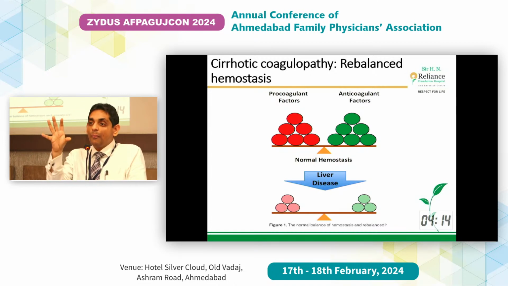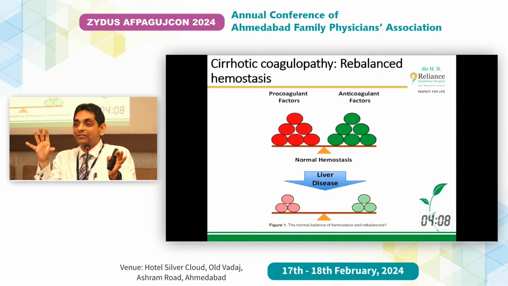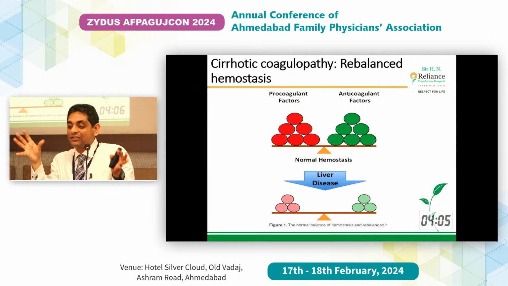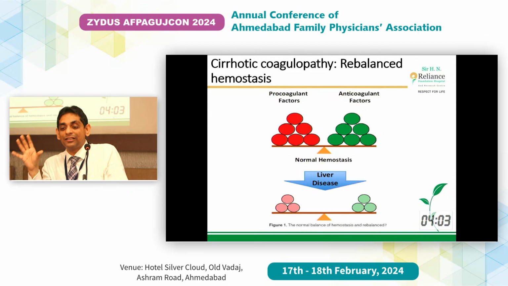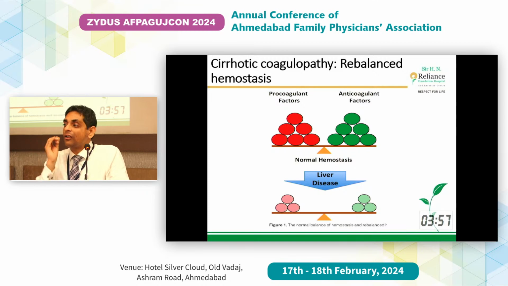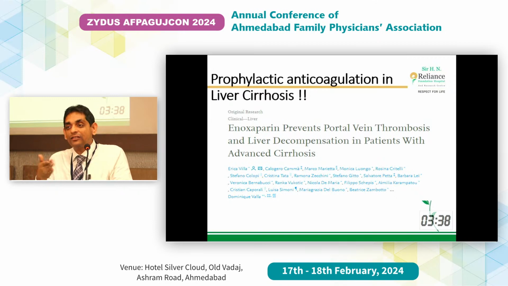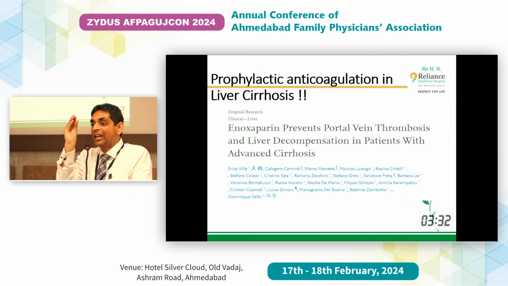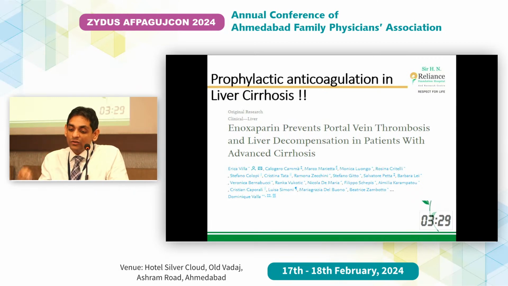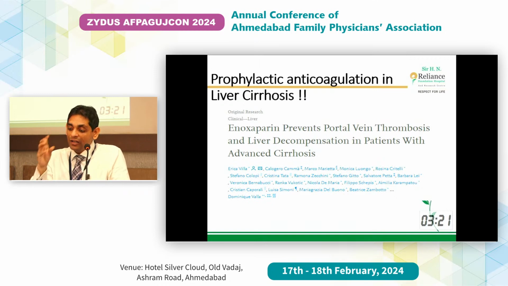In the early part of compensated cirrhosis, the word is rebalanced hemostasis. Procoagulant factors and anticoagulation factors are more or less balanced in such a way that in early compensated cirrhosis, they don't rebleed. A simple example: when a patient has acute liver failure, they come with an INR of 4, 5 and 6. In many patients, you will be surprised that enoxaparin has to be given because these patients develop slow flow circulation or they have a narrow or atretic portal vein. And that's why the use of enoxaparin has helped in further preventing worsening of liver disease, because you are able to maintain the flow of blood to the liver.